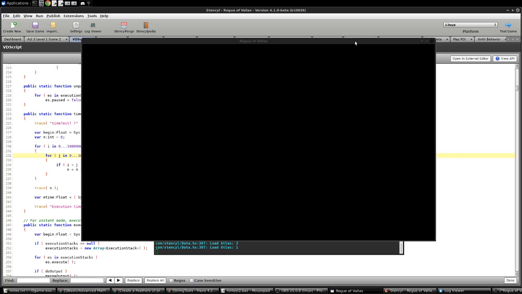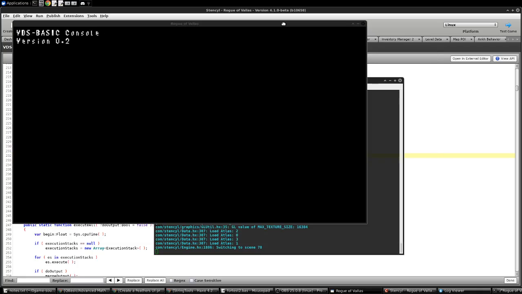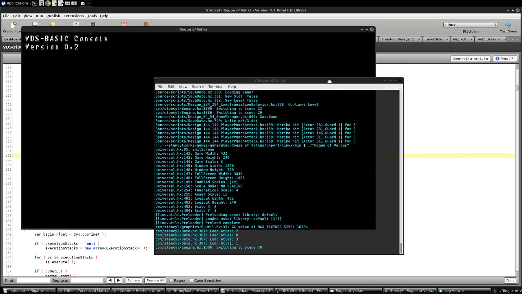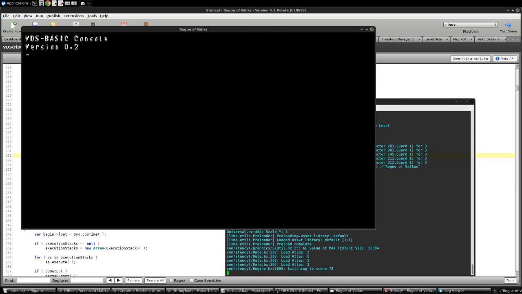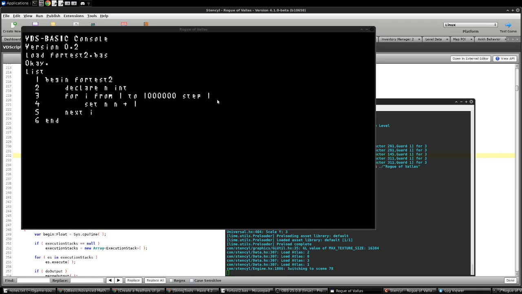But what I do want to point out is execution time. Well, let me just show you. So I need to scoot this window out of the way here so you all can also see the terminal that I'm running this from, and pay attention to the bottom here. I'm going to load a quick basic program I wrote, and you can see all it really does is iterate from 1 to 1 million and increment a variable. And I'll execute this. You can see it kind of hangs there for a moment, and to be more specific, it hangs there for